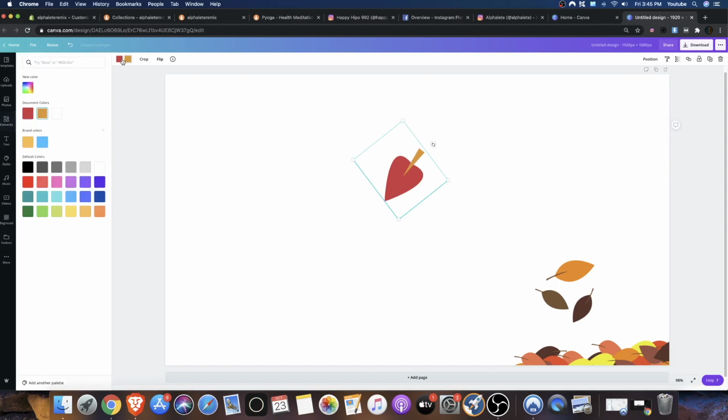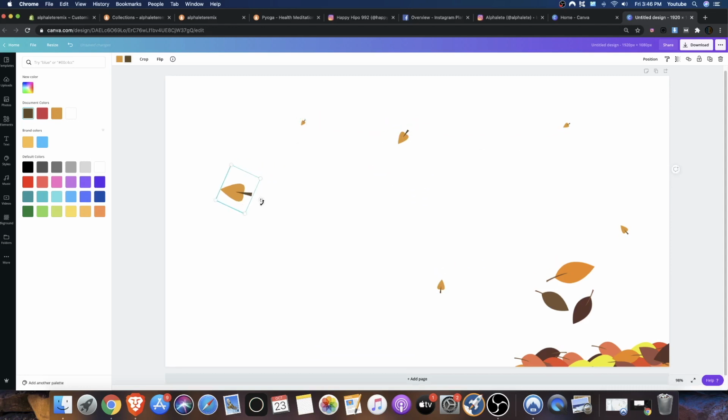And we could change the colors of how they look. So we can add an orange right here. And we can make this a brown, right? So we could make that a brown. And we could duplicate this image, and we can make it bigger or smaller. And the whole point with this is just be creative. That's really the whole concept with these backgrounds. You don't have to have it set up a certain way or designed a certain way. But people like the customization and having a beautiful website. And part of having a really interactive and beautiful website is the way it looks, the way it feels,